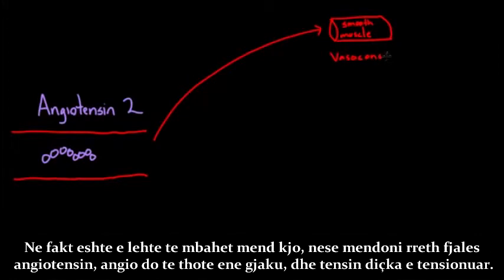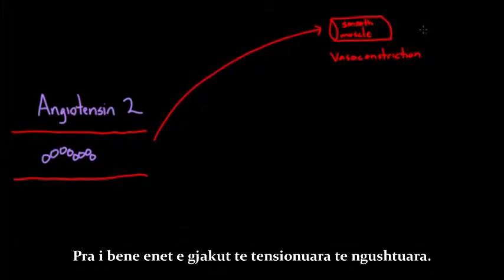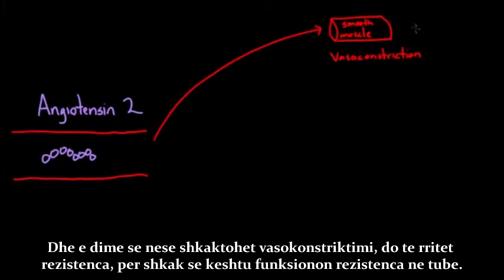vasoconstriction. And it's actually easy to remember this because if you think about the word angiotensin, it's literally angio meaning blood vessel, and tensin you can think of making tense. So it's making the blood vessel tense and constrict down. And we know that if you cause vasoconstriction, you're going to actually increase resistance, because that's how resistance works in